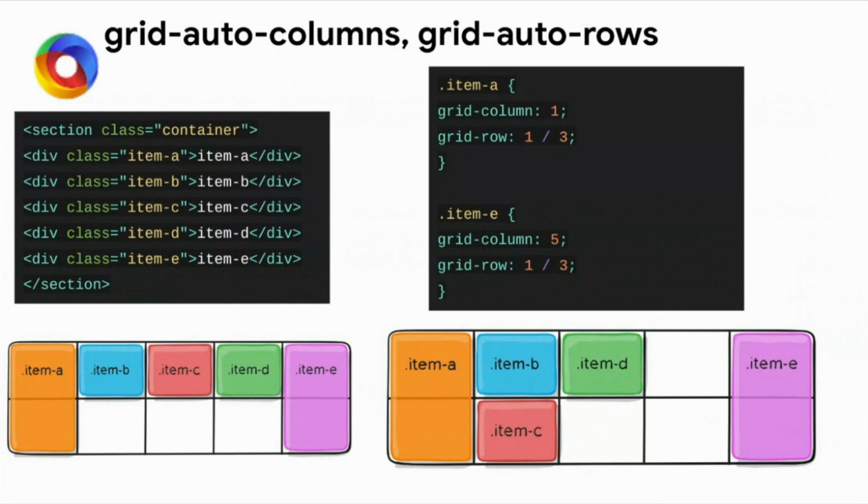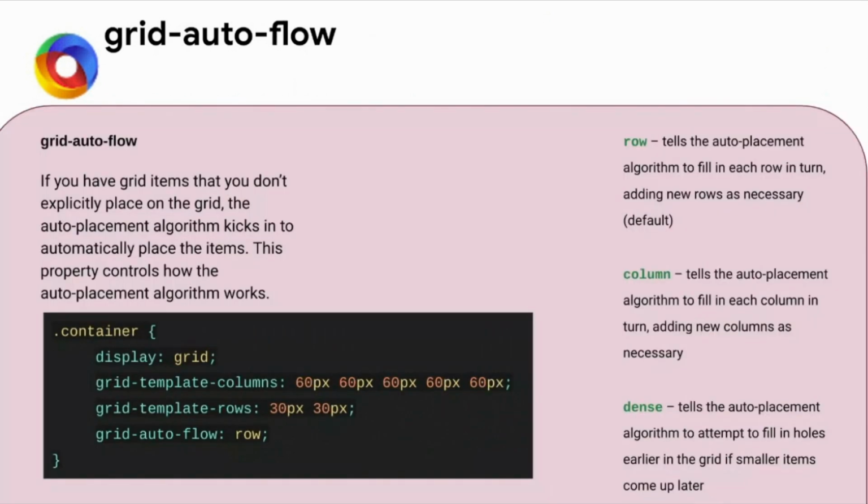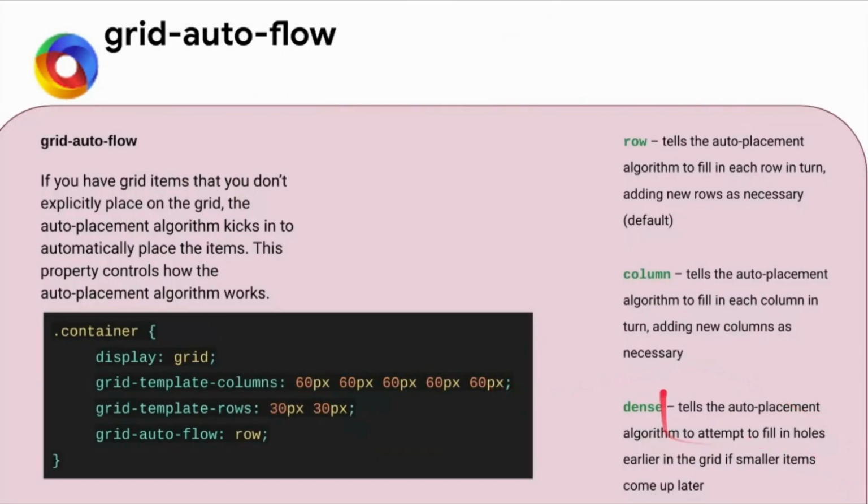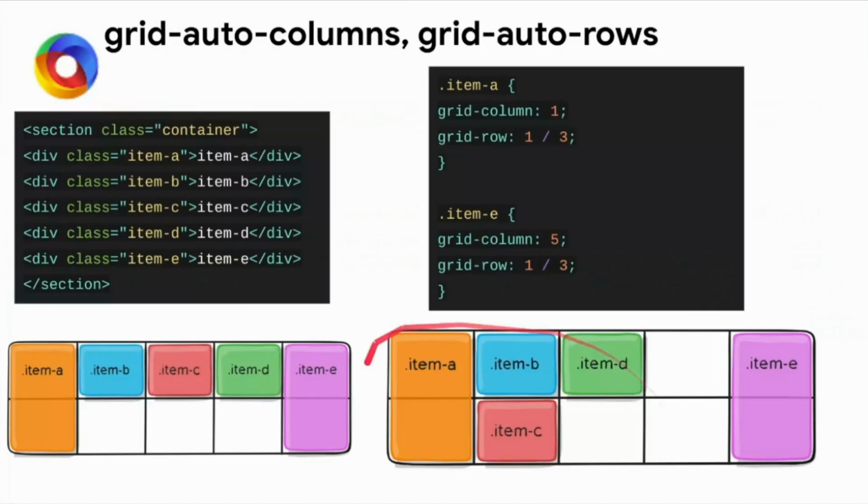But it is not widely used because it may affect your accessibility. When we use ARIA labels or the like for accessibility, that can cause an issue in the grid system if we use dense. So that's it, dense is not commonly used. Here we use either row or column. So till here it's grid auto columns, rows and grid auto flow.